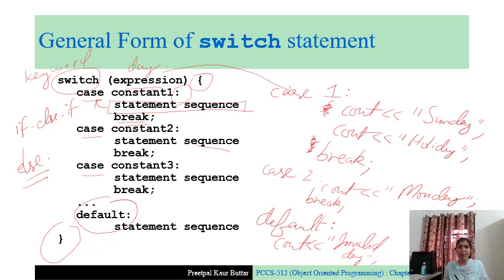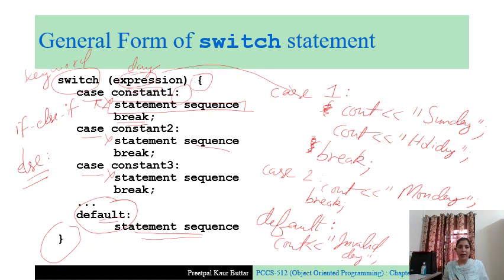Similarly, default tells us what should be done when all the upper matches evaluate to false, so when this expression does not match with any of the cases. So by default, the statement sequence under this default case will be executed.